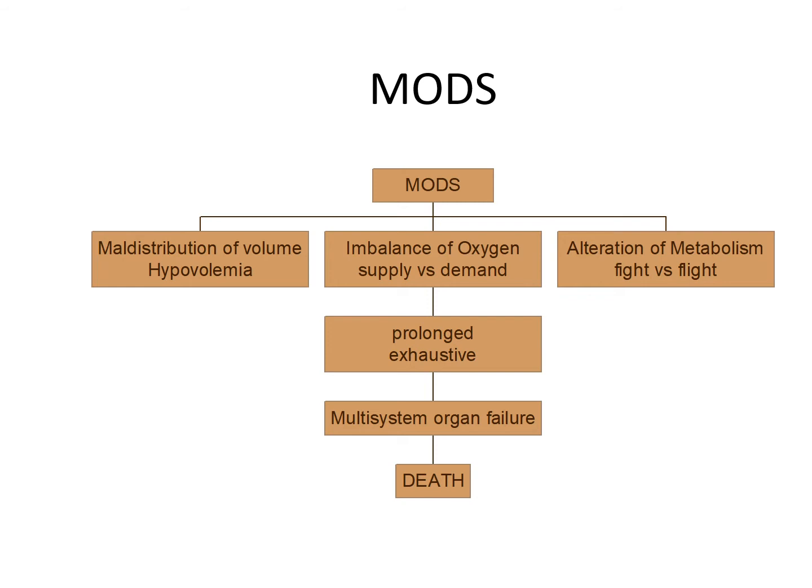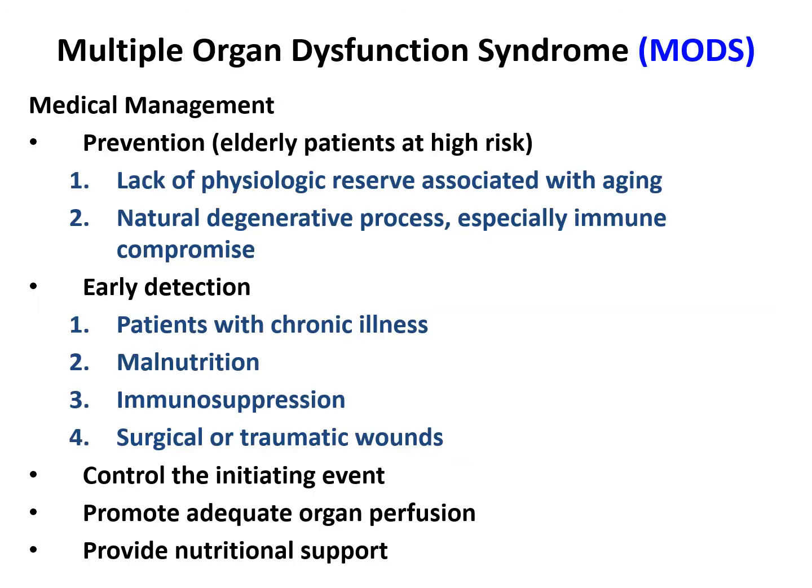Over periods of time, the longer that this goes on, the more likely you're going to have organ failure, and then that organ failure will lead to ultimately death. It's not really a positive outlook for the patients when we see 3 or more organs fail. 3 or more organ failure will generally lead to about an 80% chance that the patient will not survive.